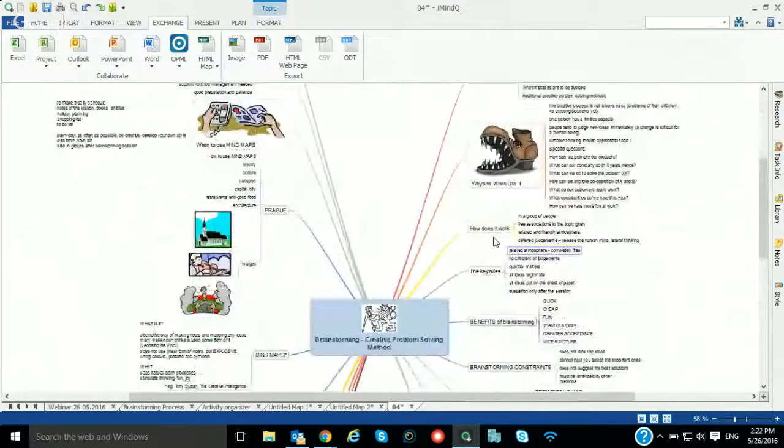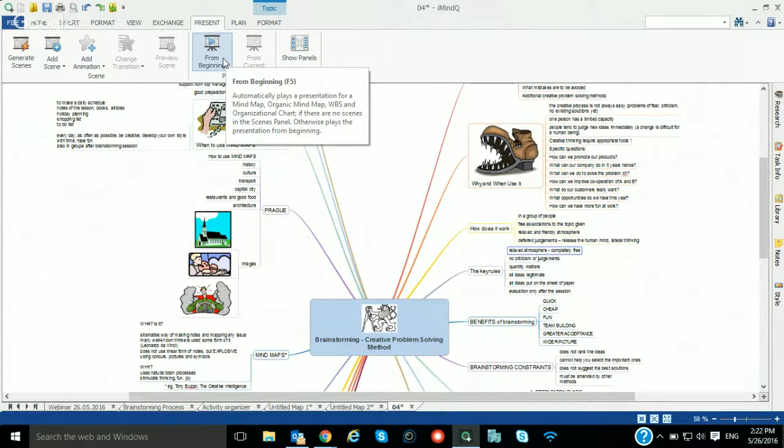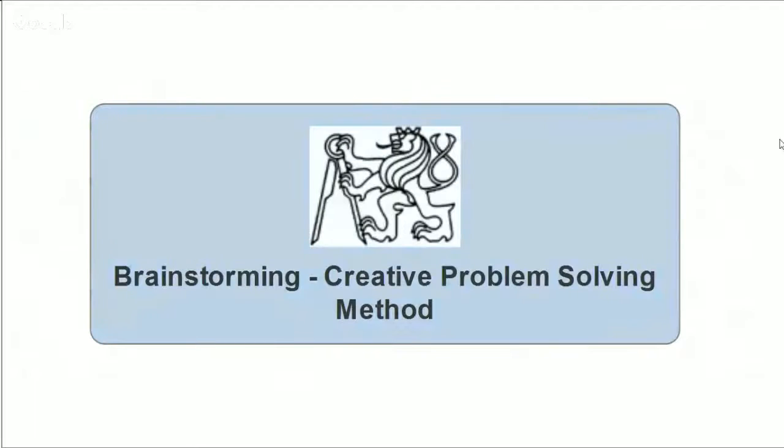What is here really important and a very powerful mode that iMindQ has is the presentation mode. So when you want to present this specific PowerPoint presentation, I mean the text that is every detail from the PowerPoint presentation, which is imported in iMindQ, iMindQ gives you the option to present everything here. How you can do that? You can click on the F5 or go to the present ribbon, click on the from beginning option, and iMindQ is creating